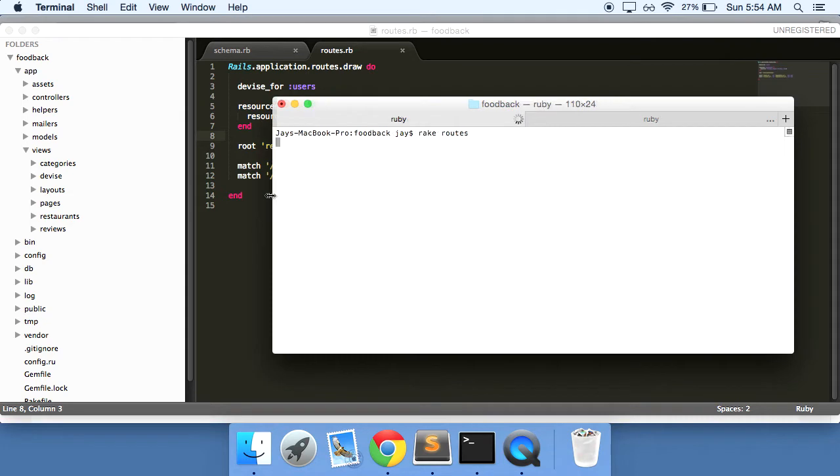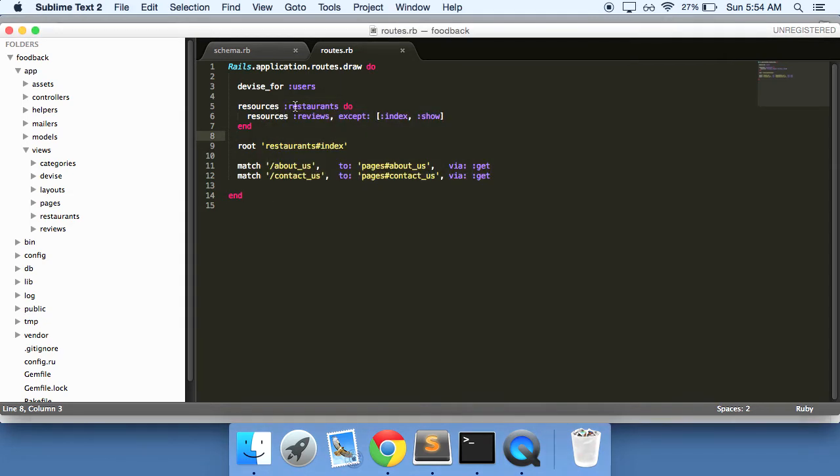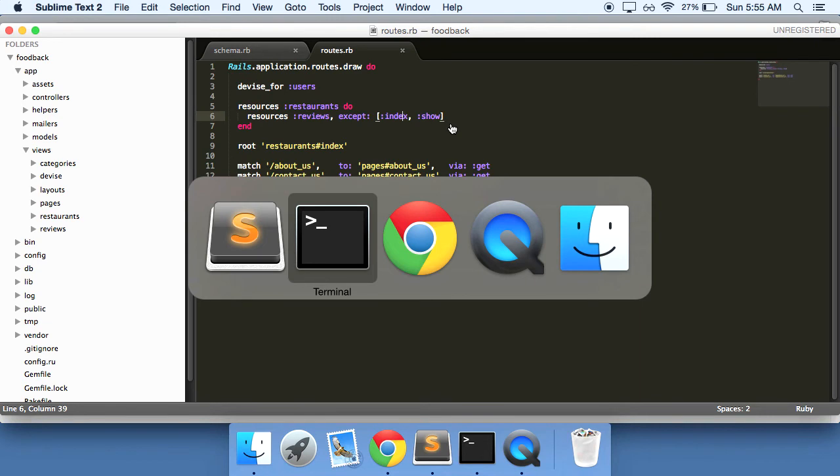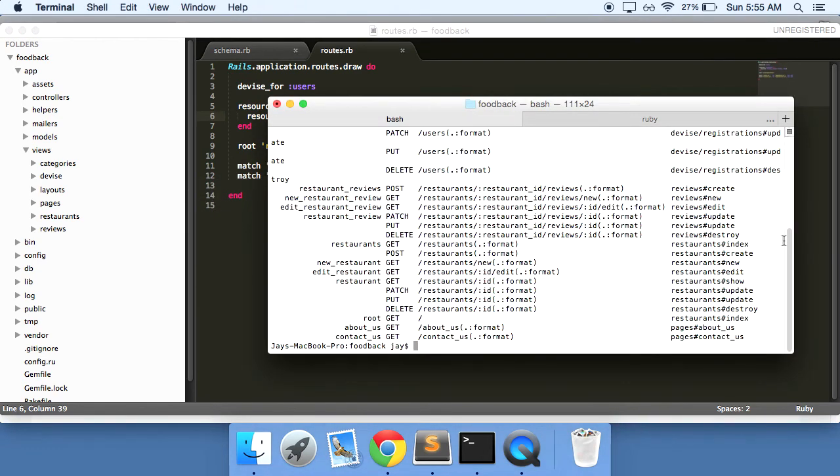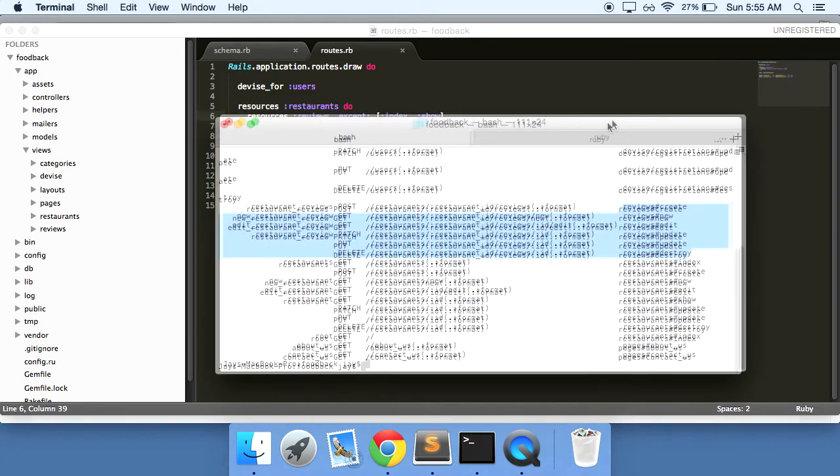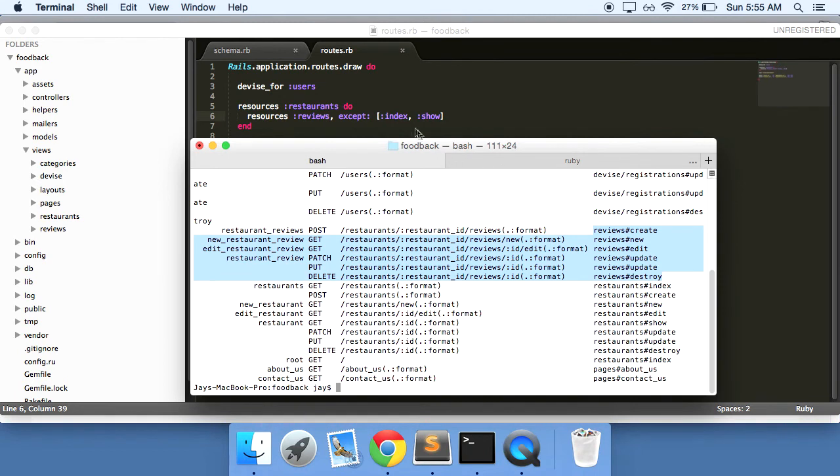What we just did was created a path here of restaurant/reviews, but only for those actions that are not index or show. So for like create, destroy, those actions. So now if we do a rake routes here, you'll see that for reviews here, it didn't create the actions or a path, a route for index or show. It only created it for everything else. And if you take a look at the URL here, you see